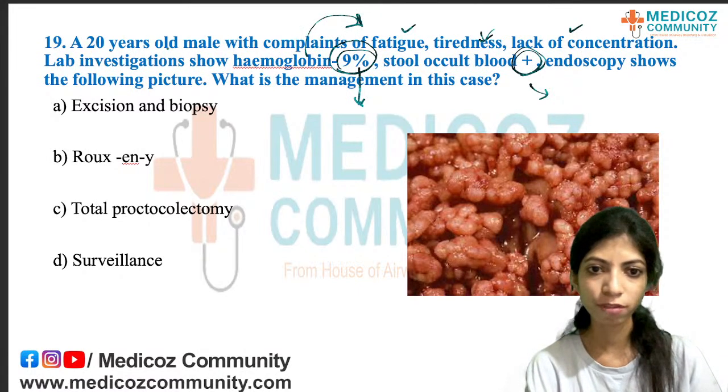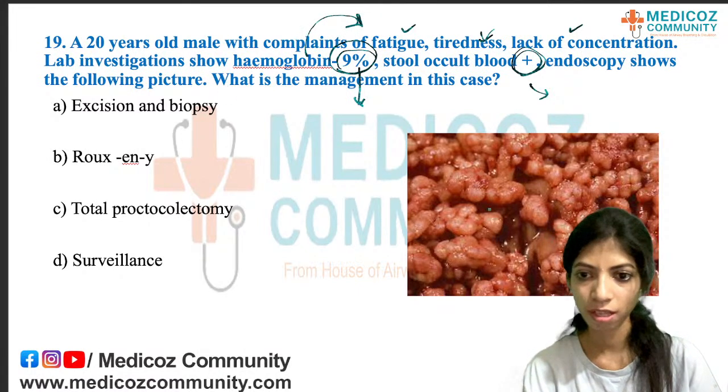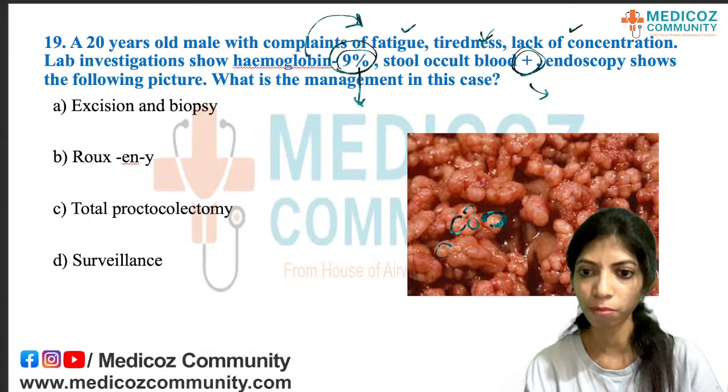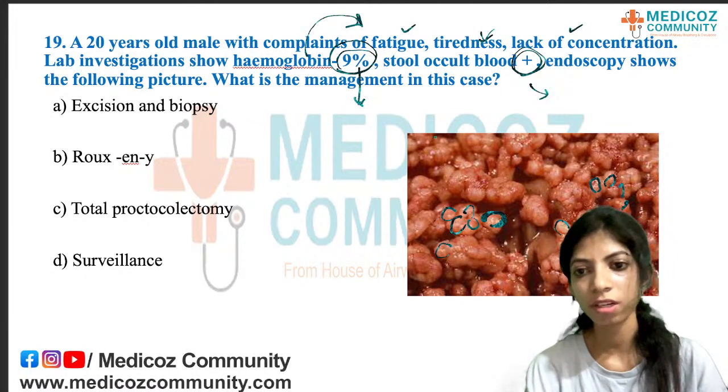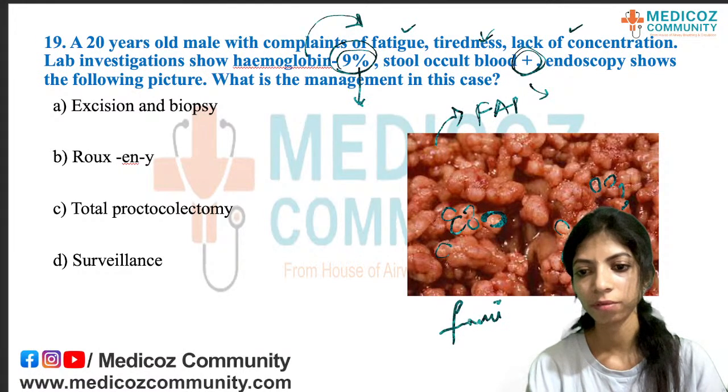So endoscopy shows the following picture. What is this picture? Classically, you can see multiple polyps. So numerous polyps are present in the endoscopic finding. So what is this condition? Usually these many polyps are seen only in FAP, which is nothing but familial